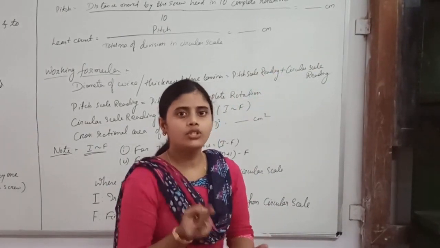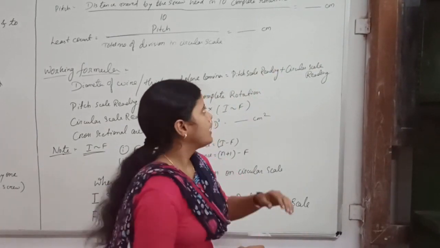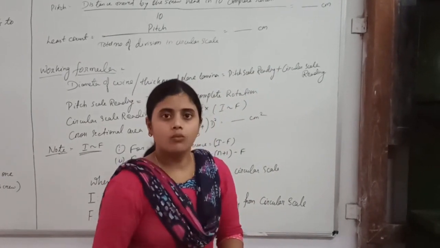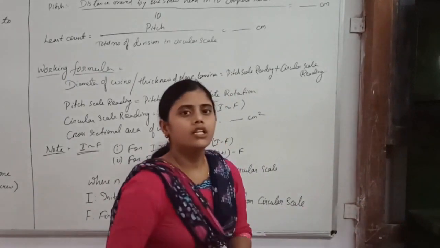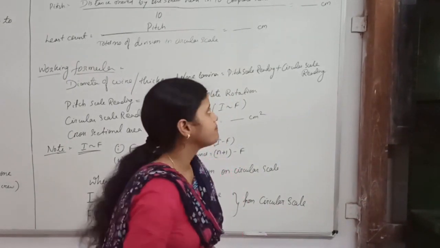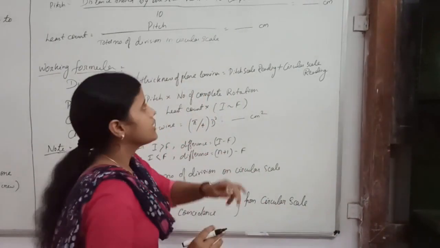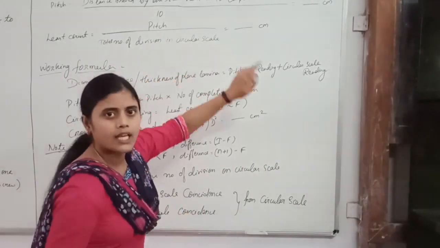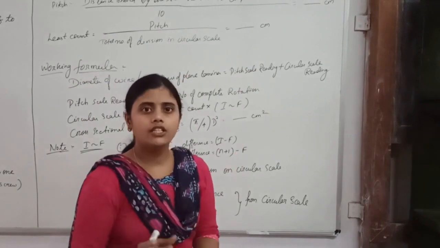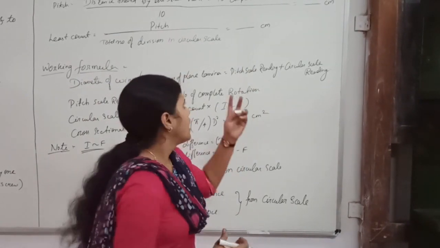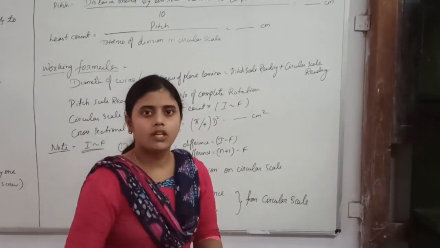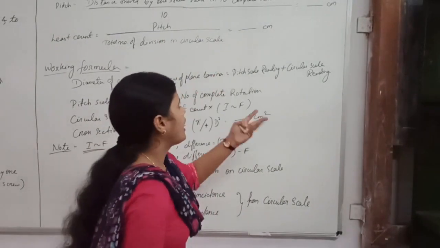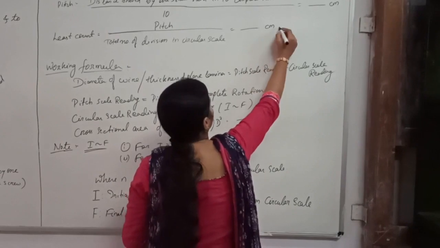Generally, we have two instruments, which I will show you later. One has a pitch of 0.1 centimeter or 0.05 centimeter, and accordingly the least count will be the pitch divided by the total number of divisions in the circular scale. The instrument I have in my lab has 100 divisions in the circular scale, so you have to divide by 100 and you will get the value. So either you will get 0.01